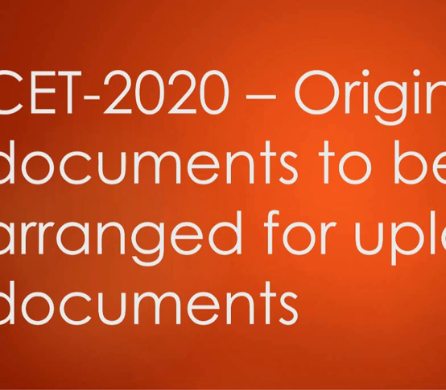For the schedule details, I have already done one video. You can check that video. One is your schedule date. The schedule date depends upon the ranking. From first ranking till 2000 ranking, they have given one date. From 2001 to 7000, they have given one more date. Within that date, you need to upload these different original document soft copies.